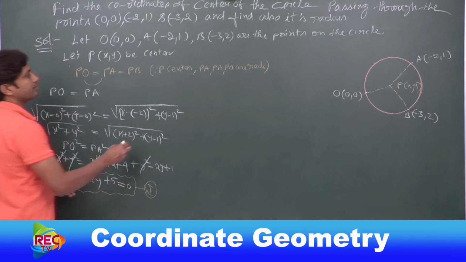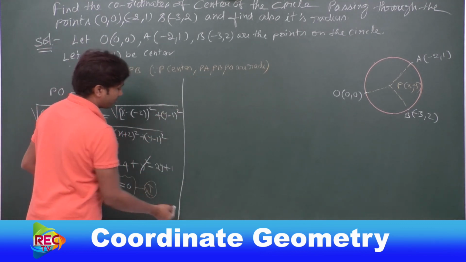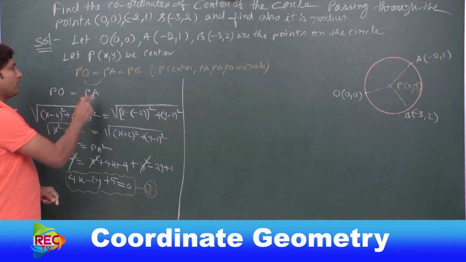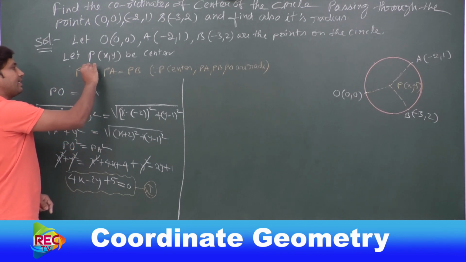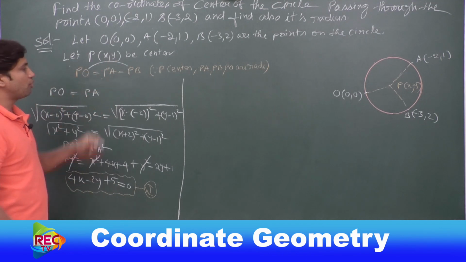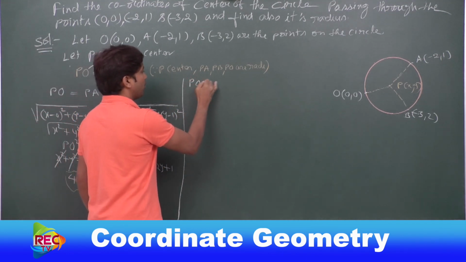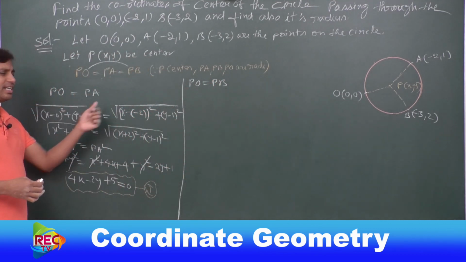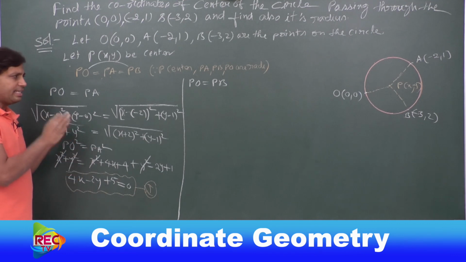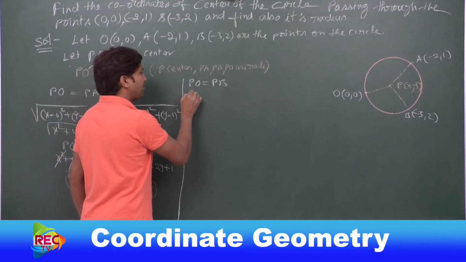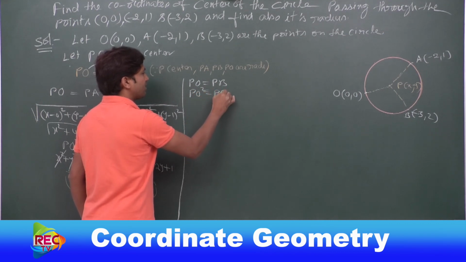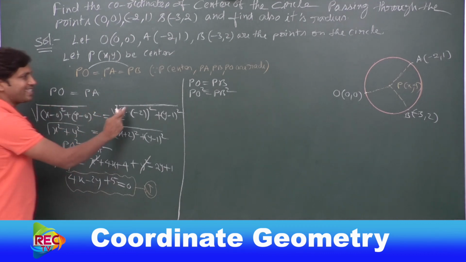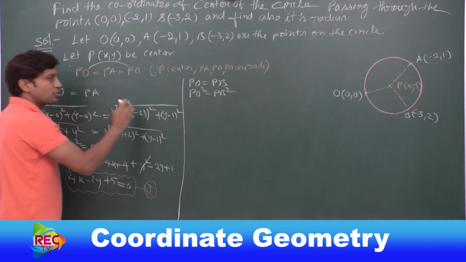Okay, right. Next. Now tell me, here we took a relation between these two, which are equal. Now we can take these two equal or not. What is that? PO equal to PB. Now here I'll do it initially: I don't want to put the square roots, and again I want to cancel with squares. When PO equal to PB, then PO square equal to what? PB square. Once you know this, you can apply it for all. Understood? Now the square roots will obviously be cancelled because we have already squared it, so the square roots will be gone.